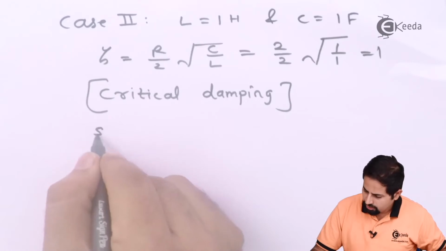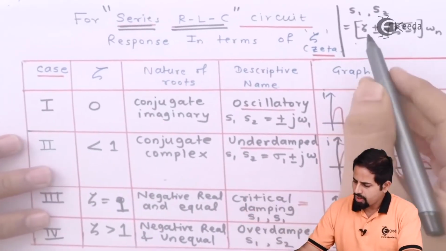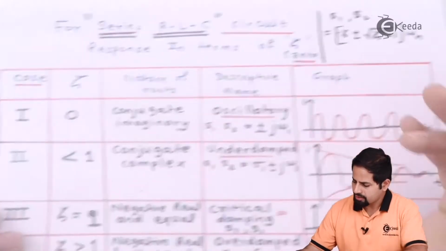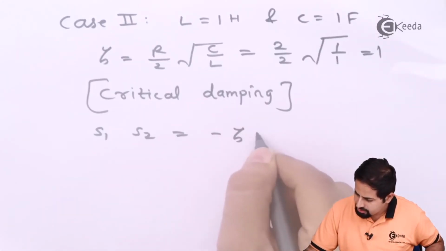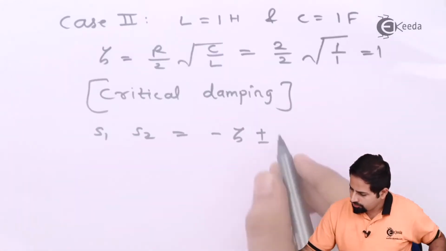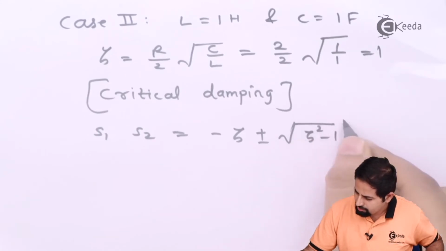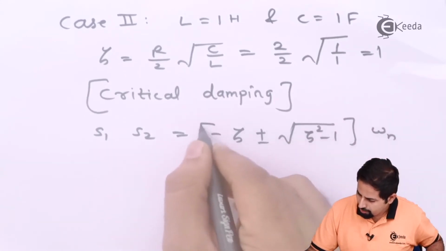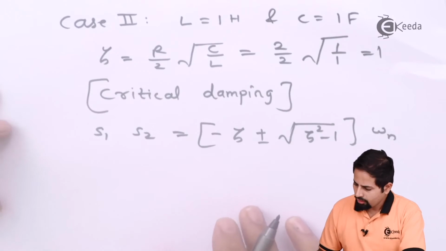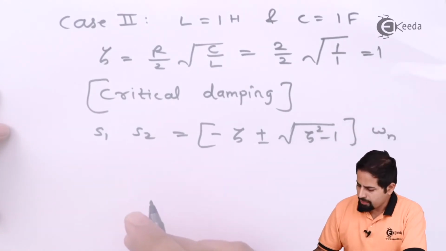S1 and S2 are nothing but minus zeta plus minus under root of zeta square minus 1 multiplied by omega n,